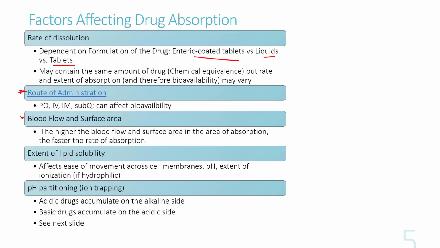Whether or not a drug is lipid soluble or water soluble will determine how easily it gets across the membrane. So we'll talk about that later on. And then the last thing on this slide is a concept called pH partitioning or ion trapping. And this is a very, very useful property when